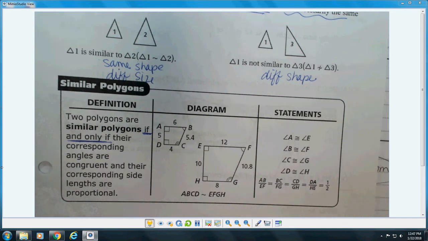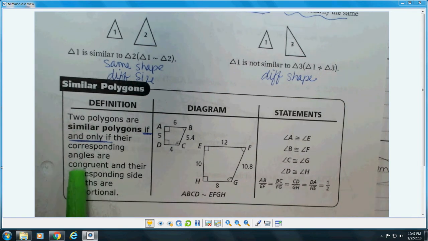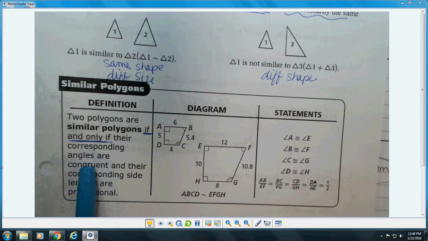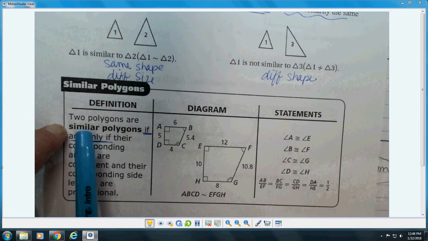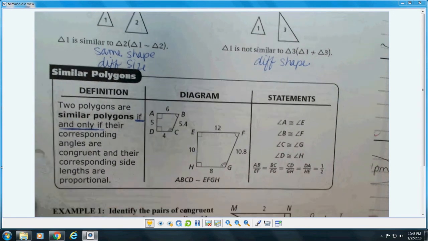Okay? So, what that is telling me is if I have a similar polygon, then I get that the corresponding angles are congruent, and I also get that the corresponding side lengths are proportional. Backwards, if I have that my angles are congruent and my corresponding side lengths are proportional, then I get that my two figures are similar. Okay? So, in example 1,